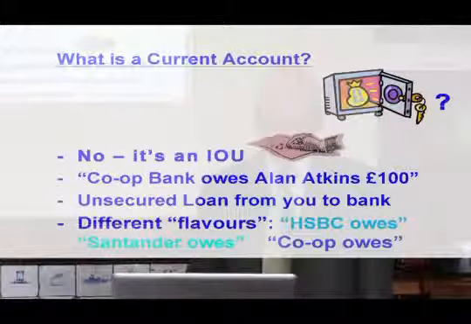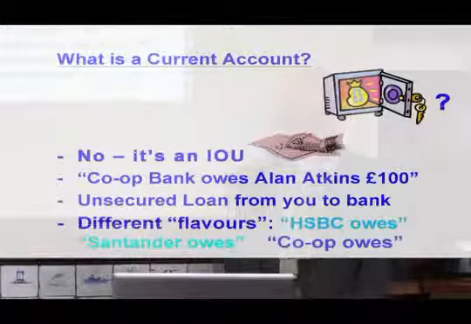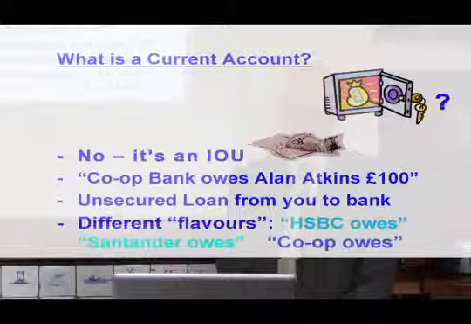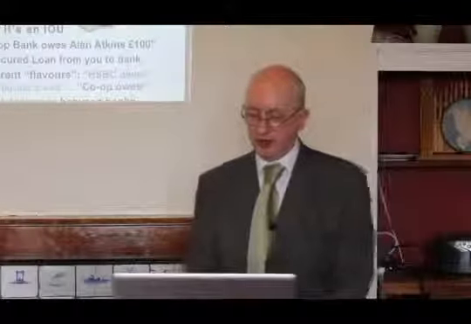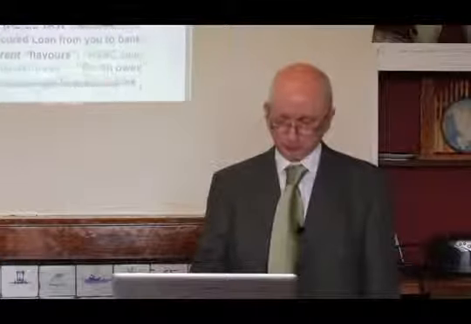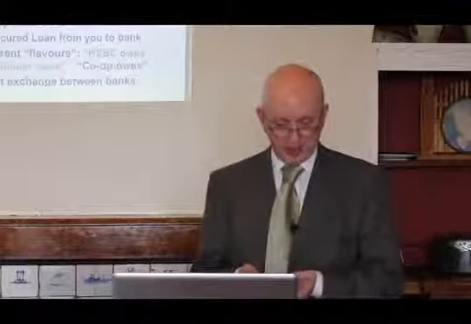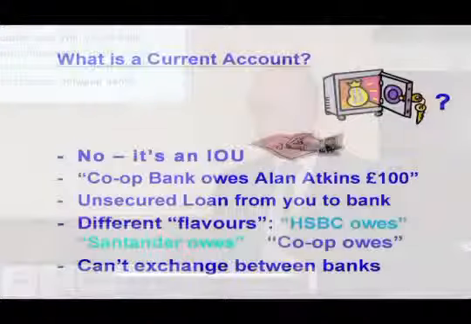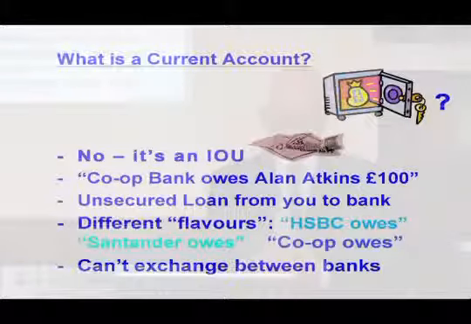Now, the other implication of it being an IOU from a bank is that there are what you might call different flavours of this type of money. And if I'm making it blue money, I really need to make it different shades of blue. Because if HSBC owes you some money, it's a completely different thing from the Co-op Bank or Santander giving you an IOU. They're not directly transferable. If I've got a statement from the Co-op Bank saying that I've got £100 of bank account money, I can't take that into a branch of HSBC and ask for the money. They'll say it's nothing to do with them. An IOU from the Co-op Bank to me is a private arrangement between that bank and me, and doesn't have validity outside of